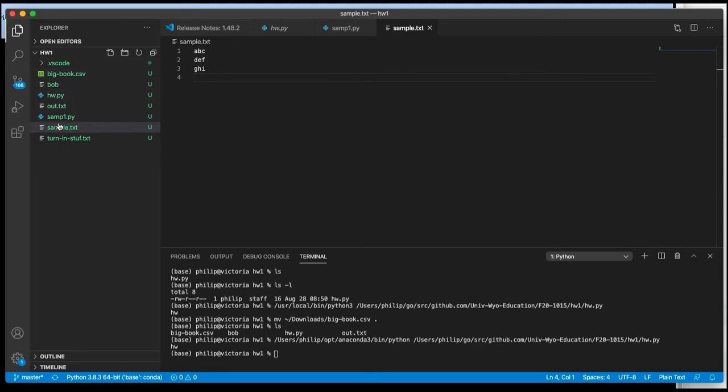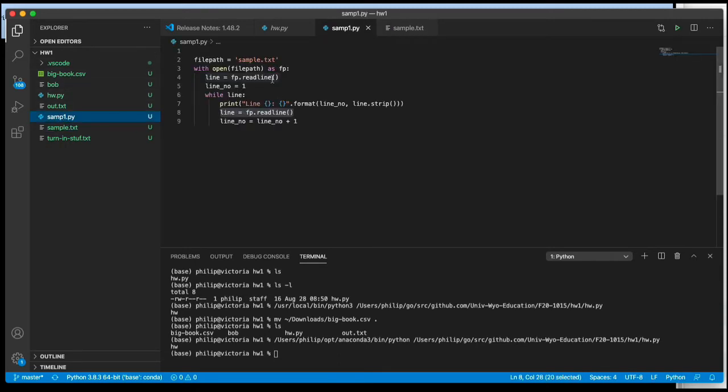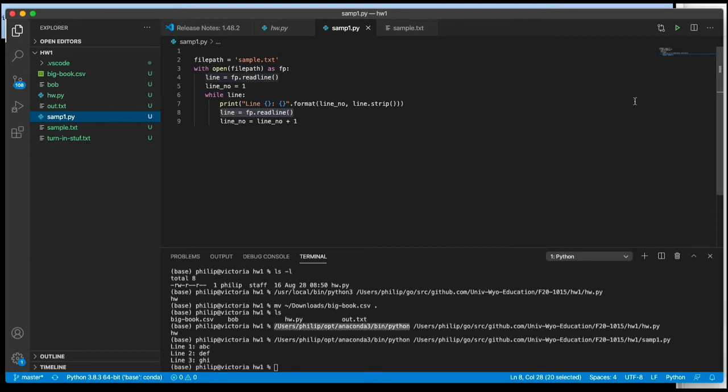Okay, let's go back to this, and I hope I named the files the same. And let's run it once, and yes, it says line 1, ABC, 2, DEF, 3, GHI. So this looks like it works. Now, I see some things in here I don't like, and I'm going to fix those on the next sample,